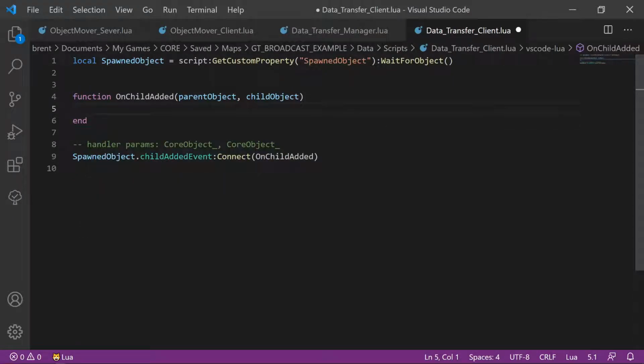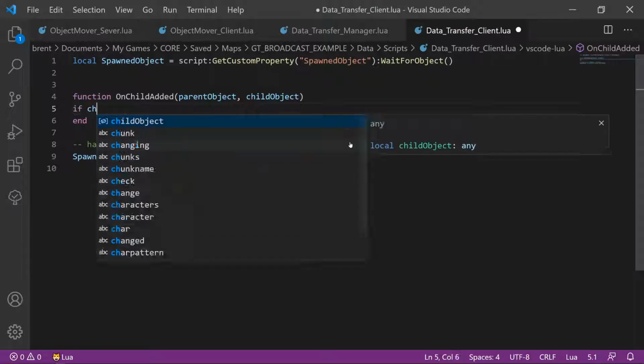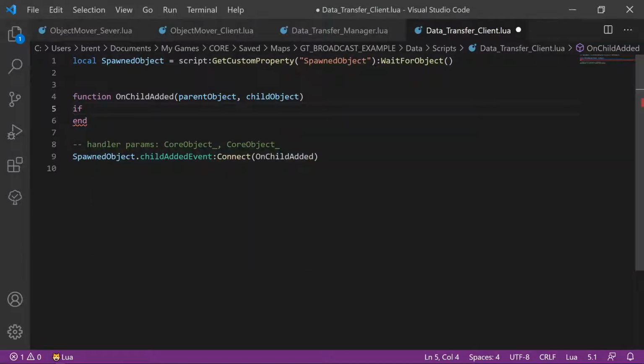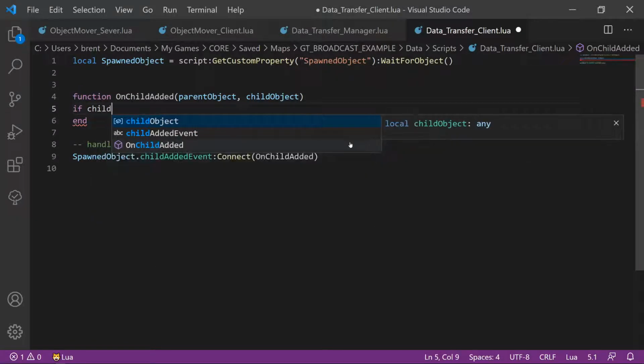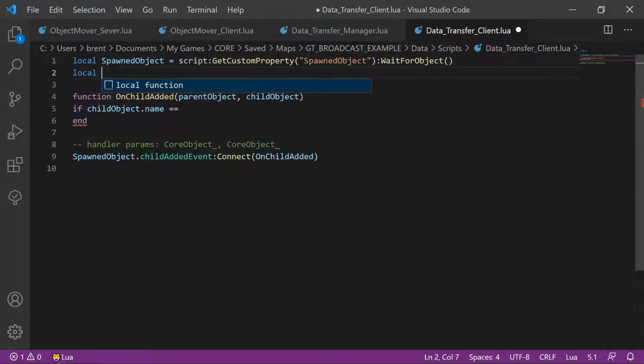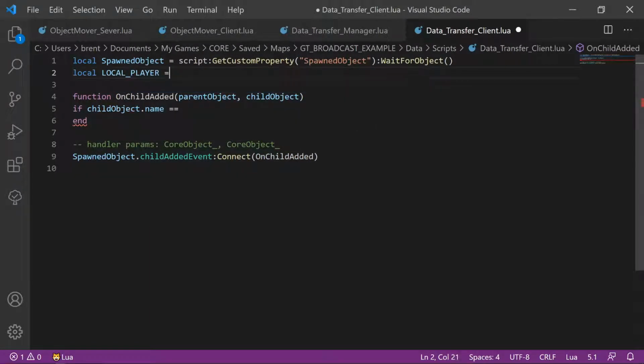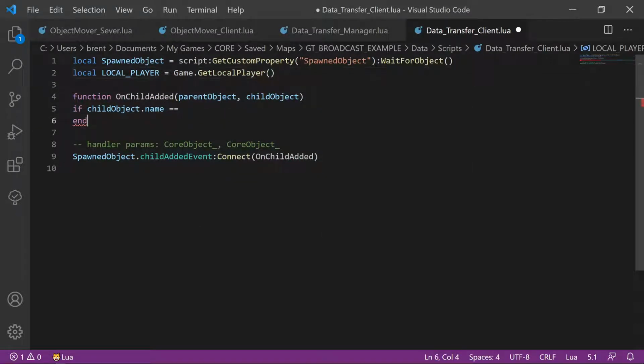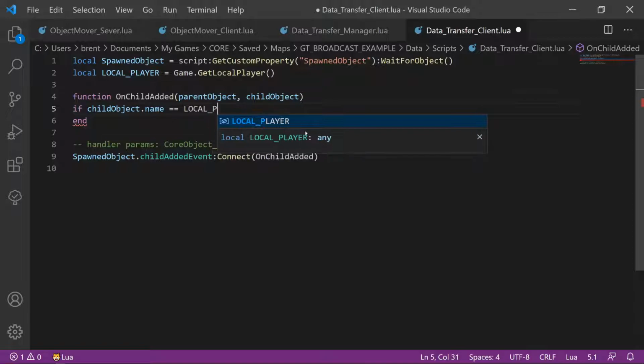So on child added, we're going to do if child object.name equals, we need to get the local player, so we're going to do local player equals game dot get local player equals local player ID. Then